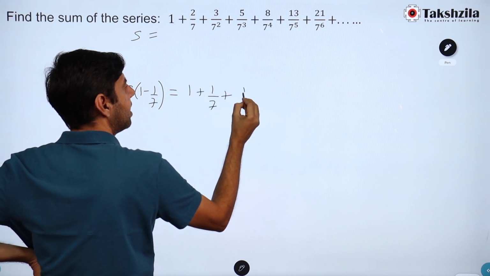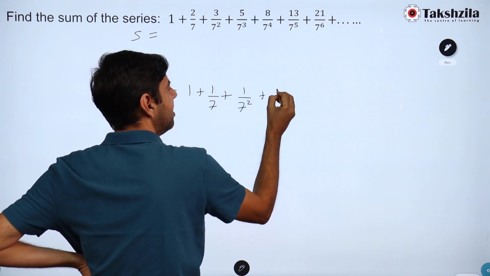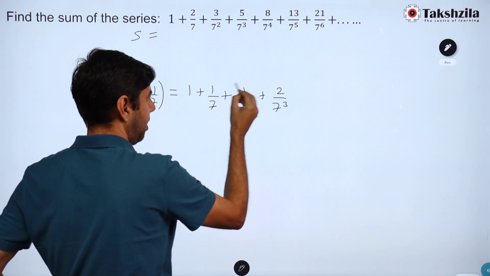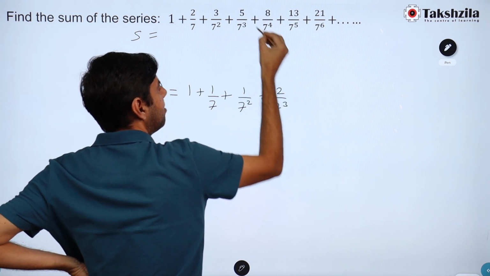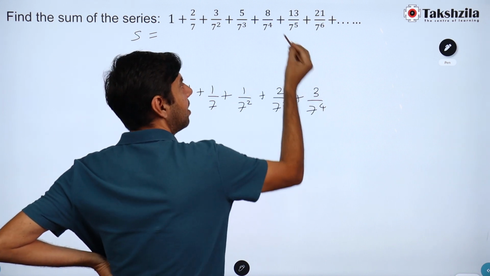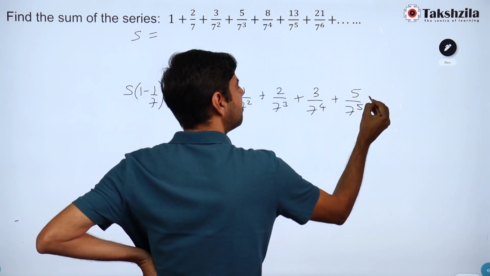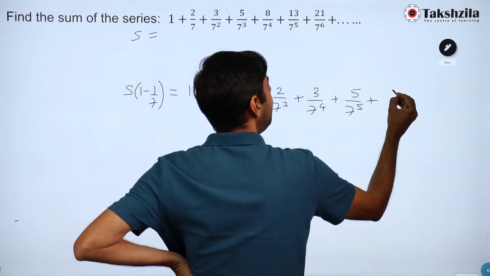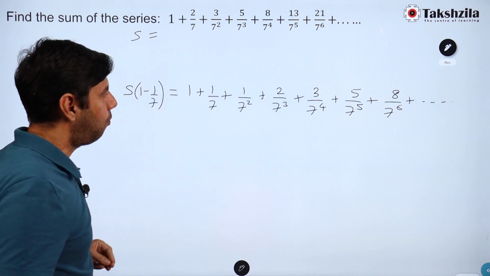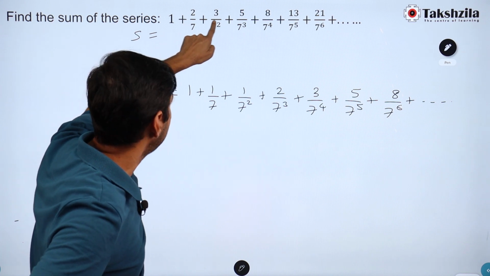3 minus 2, that's again a 1 by 7 square, so things look good. 5 minus 3, that's a 2 by 7 cube. Oh, so it's not a constant, okay, but I'm getting 1, 2, 3. Then 8 minus 5, 3. Oh, so maybe now it is going to become an AP 1, 2, 3, but here I get 5 and not 4. 5 by 7 raised to 5, and this is going to be 8 by 7 raised to 6, and so on. So what was expected hasn't really happened, and that series that we had 2, 3, 5, 8,